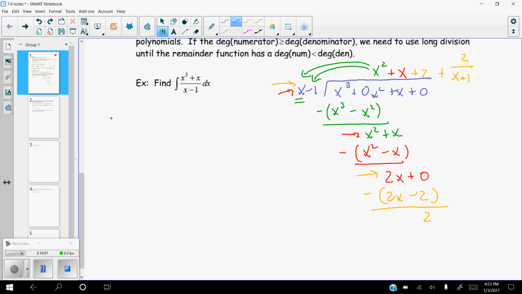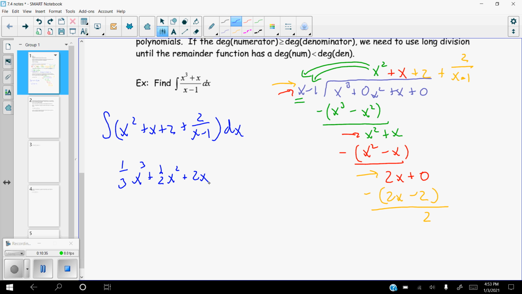it proper now. So what we have is the integral of x squared plus x plus 2 plus 2 over x minus 1 dx. The first three are just your standard antiderivatives using the power rule. So we'll have 1/3 x cubed plus 1/2 x squared plus 2x. And then the last piece here,